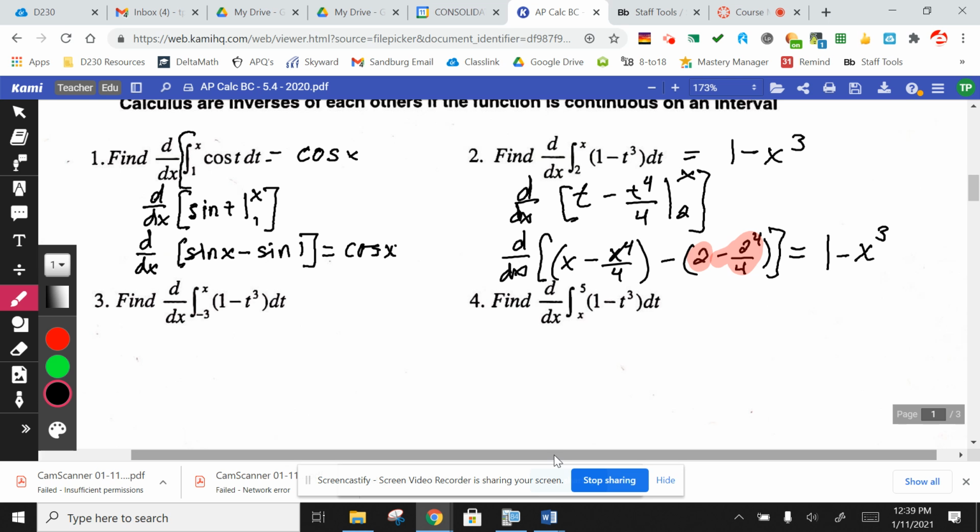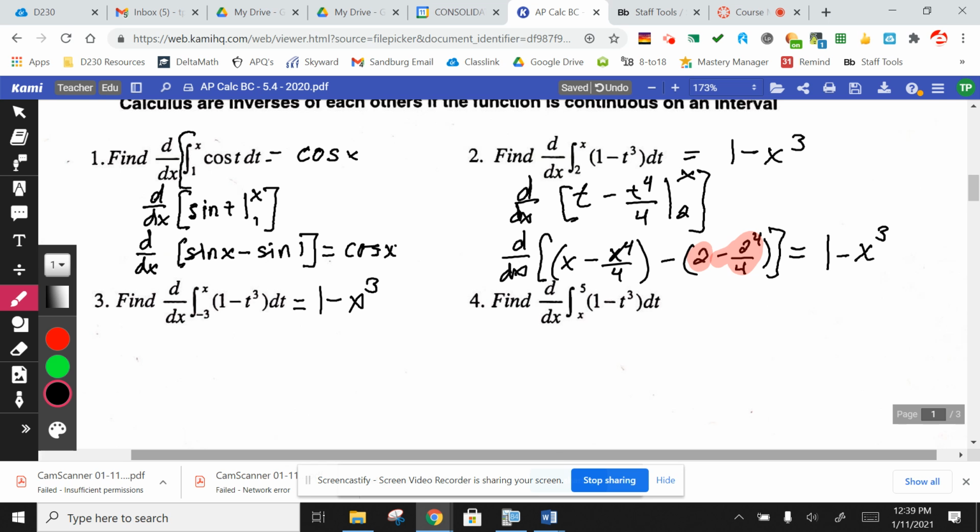Okay, see some heads nodding yes, hopefully. What do you think, Shelby? You shook your head yes. 1 minus x cubed. Good. So Shelby says 1 minus x cubed. I agree with her. If we went through all of those steps, I promise you, you're going to get that answer to be 1 minus x cubed if we went through those order of operations, antiderivative, derivative, all that good